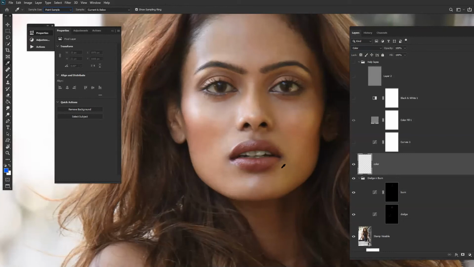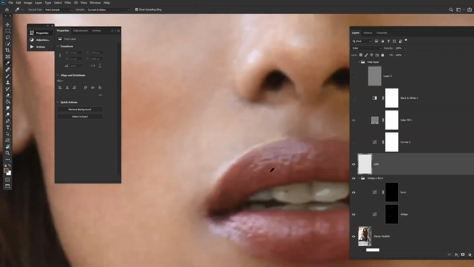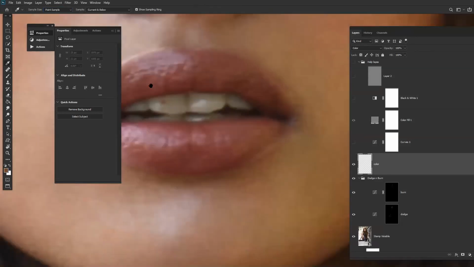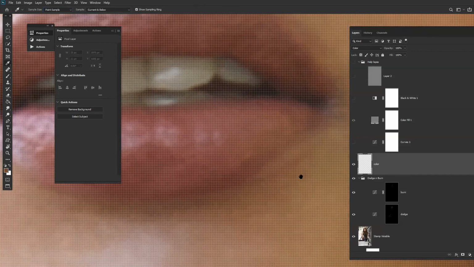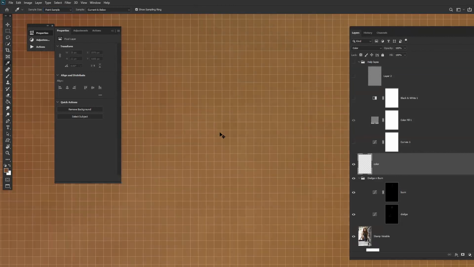Suppose here I'm trying to match this color with this color. If I click through point sample, what will happen? It will only sample that point.